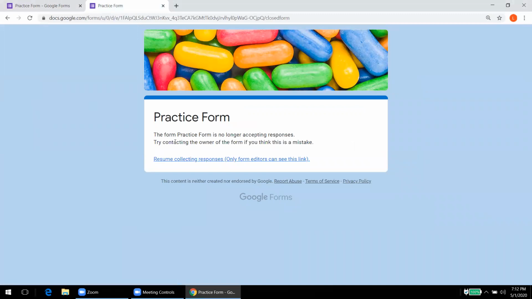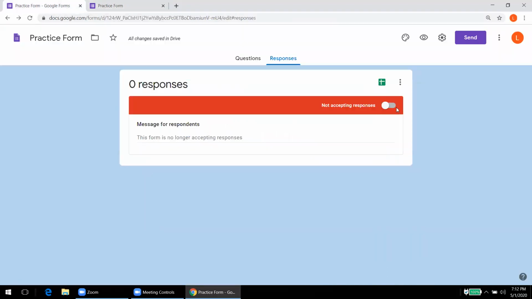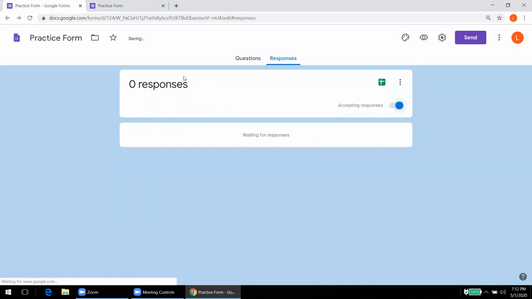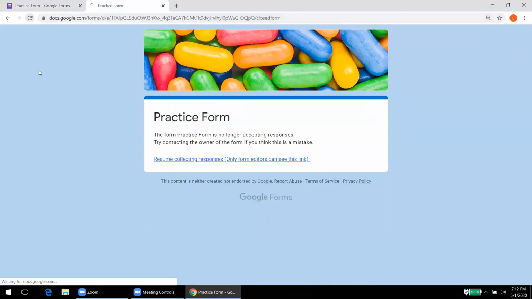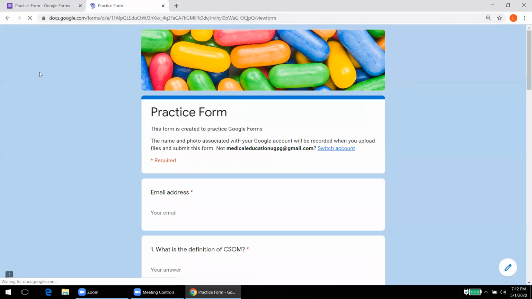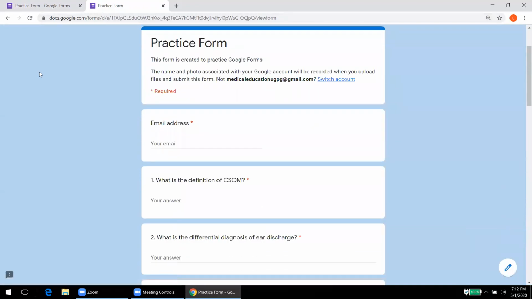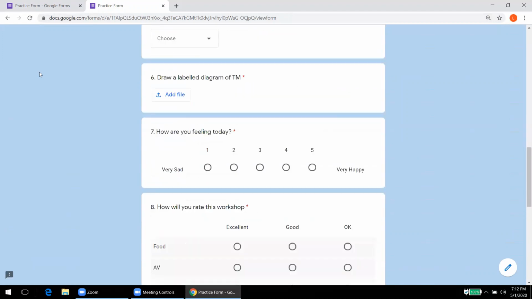Okay, so see, now I think I had closed the previous button of accepting responses. So this says that this practice form is no longer accepting responses. See, it was closed here. So I'll open it again, and then I'll see how it looks. Okay, now see, another automatic column is created, that is email addresses, because we are accepting email addresses now.